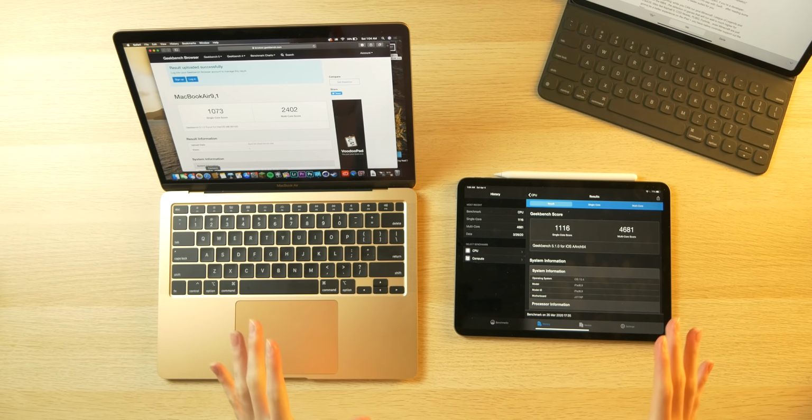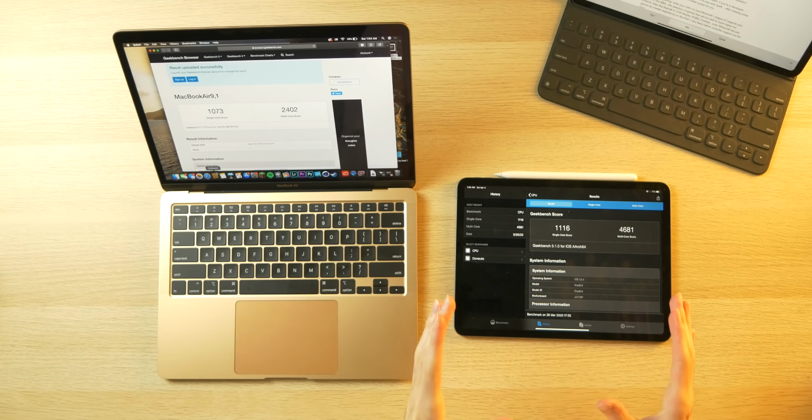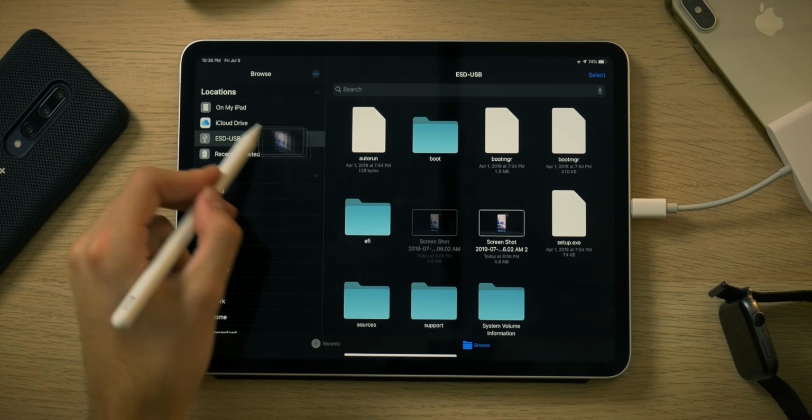But before we do anything like that, I do have to say, while the iPad Pro may be more powerful, it does run iPadOS, and though it has become very capable itself as an operating system with added trackpad input and external storage support, as I've said, and of course a file management system too, which it didn't have a